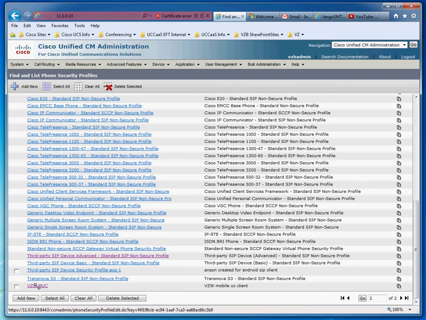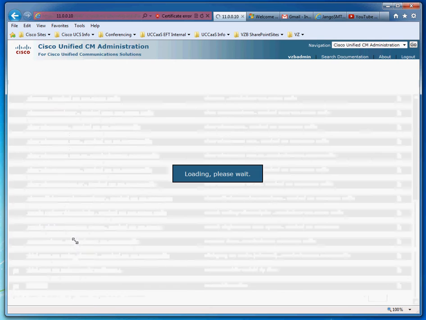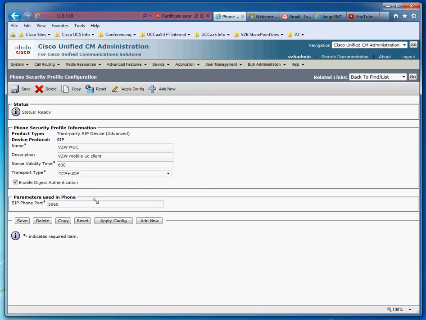So here's mine. I just created a new one. There's not many settings in here, just a few: name, description, the announce validity time, and that comes up by default. The only real thing you've got to change here from when you create this new one is